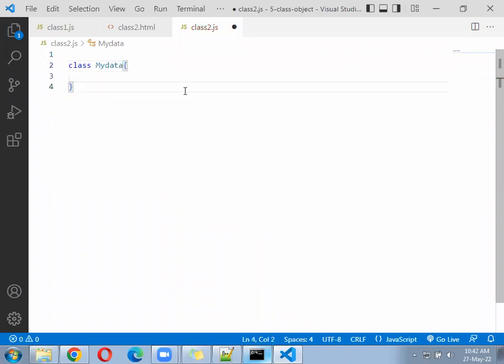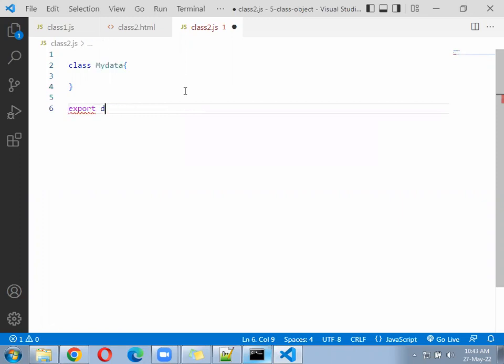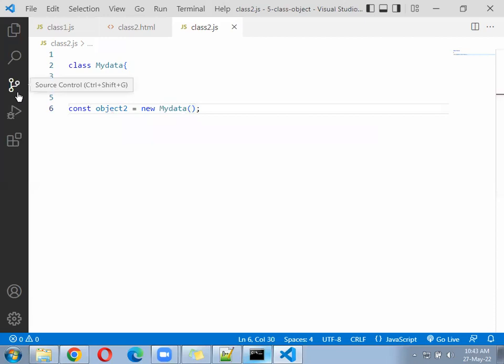We can come down, export default, constant object2 equal to new MyData. Next, after that,